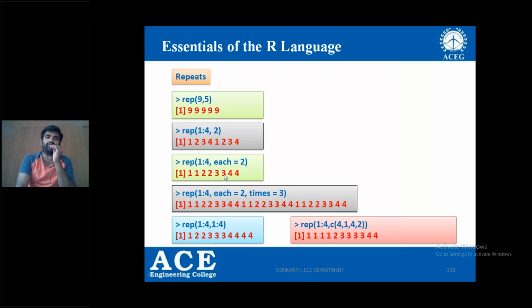So it is the way to define the vector, I mean, it is the way to define the vector using the repetition function, right? And each 2 times, and the entire thing is 3 times. So here, these many ways you can define a new vector using the repetition function, where you need the repetition of values, right?